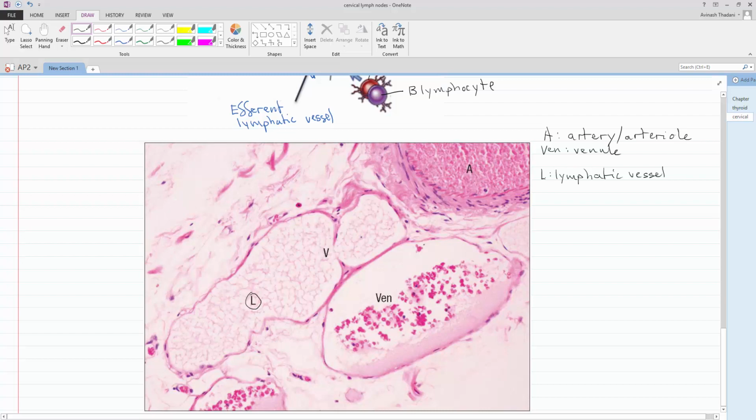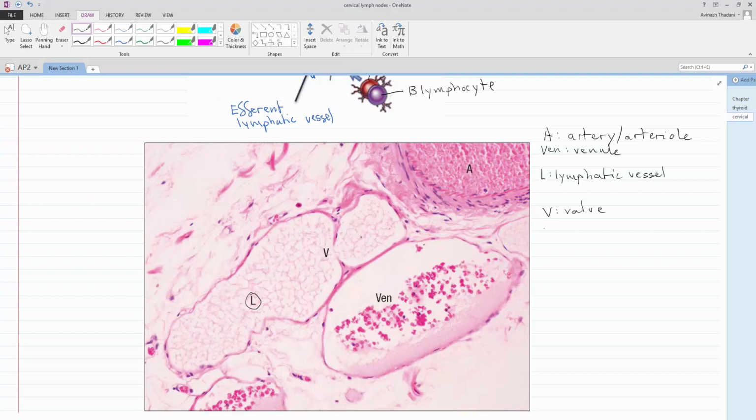So if you look at the comparison of a lymphatic vessel, the L, with the arterial or the venule, what does it look more alike to? And that is, a lymphatic vessel looks much like a venule itself because it has a very thin wall, and the V is a valve. So you can see the lymphatic vessels also have valves, just like the valves in the venous system, in order to facilitate movement of lymph back against gravity back into the venous circulation, back really through the thoracic duct in